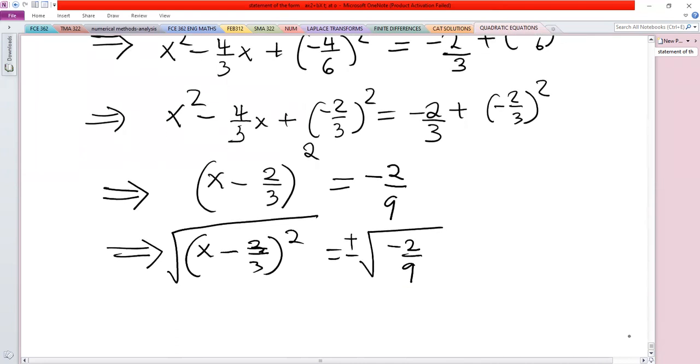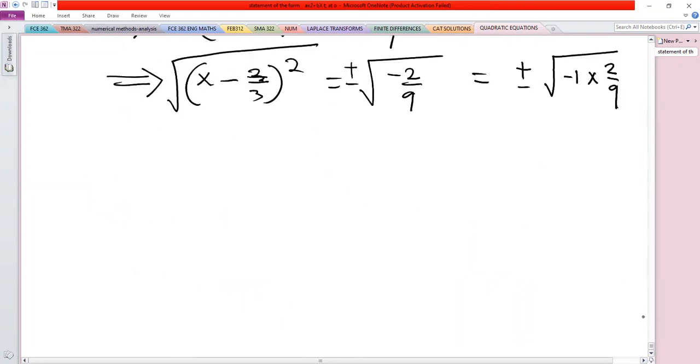Remember, we don't have a real value for this square root, so this can be written as plus or minus the square root of negative 1 times 2 over 9. So this and this cancel out. So x minus 2 over 3 equals plus or minus